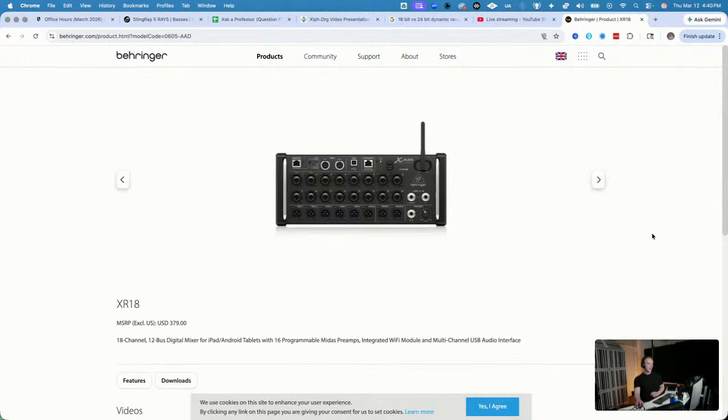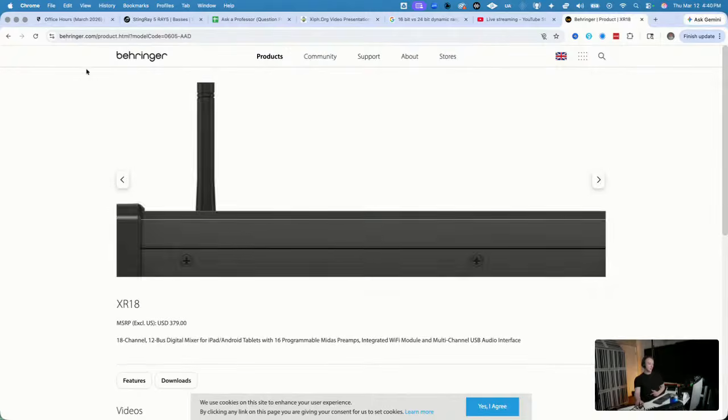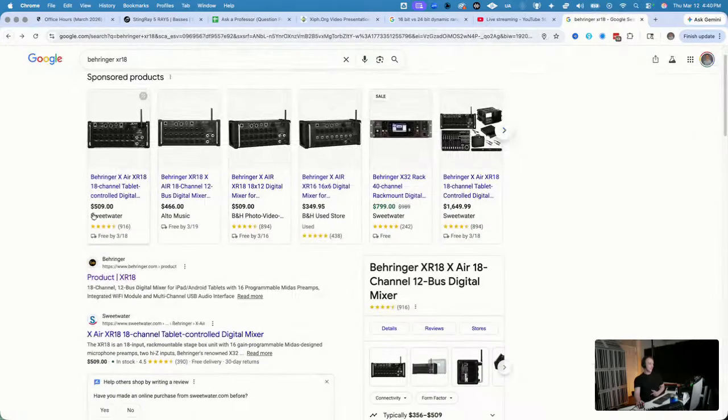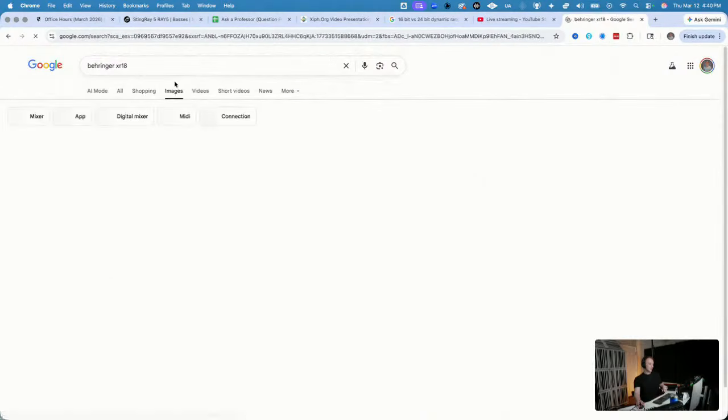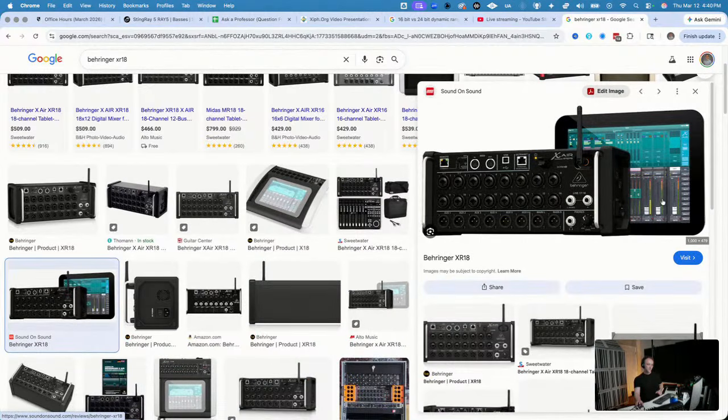And you would then be able to wirelessly or through a network connection control that as if you're controlling the mixer. And let's see if it shows the actual interface. Nah, it's not going to. Let's see if we can do images. Here we go. So kind of something like this. So then on a tablet, you'd be able to manage all of those controls. So that'd be a console or something like this would be my number one recommendation.